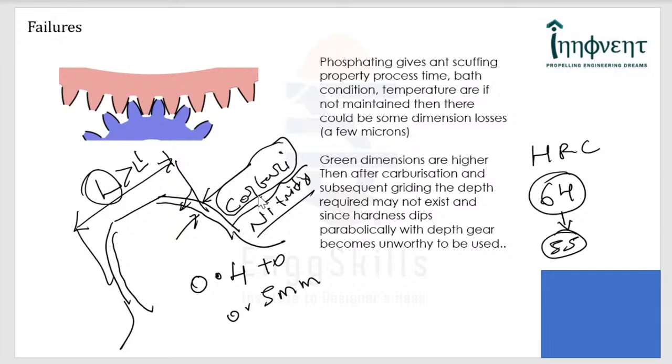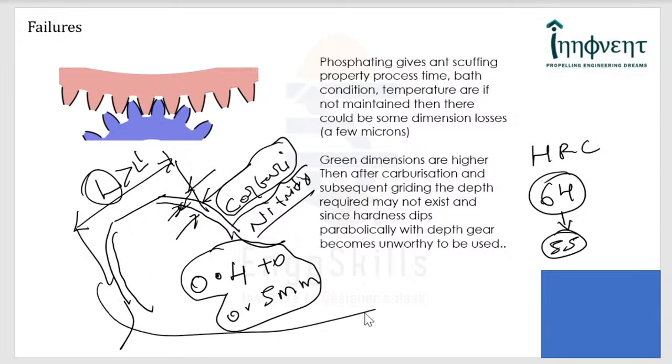Once it is carburized and ground, once the material is removed, your actual carburization depth, which is required, let us say around 0.4 to 0.5 mm, would have come down, and this can lead us to failure. Considering the contact loads and the surface velocities, the gear tooth can be reduced to knife edges in a very short period of time if the hardness is very low.